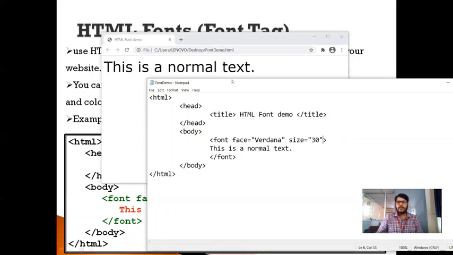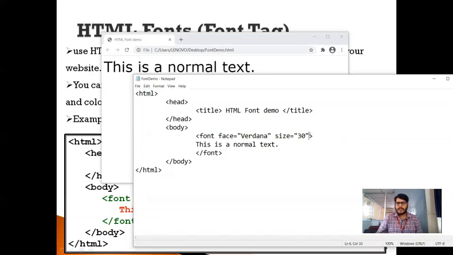So similarly, now I want to specify the color of the text by using a color option here. Color is equal to, so I can use a hexadecimal code here, FF0000. Okay, so this is indicating the highest value for red color.